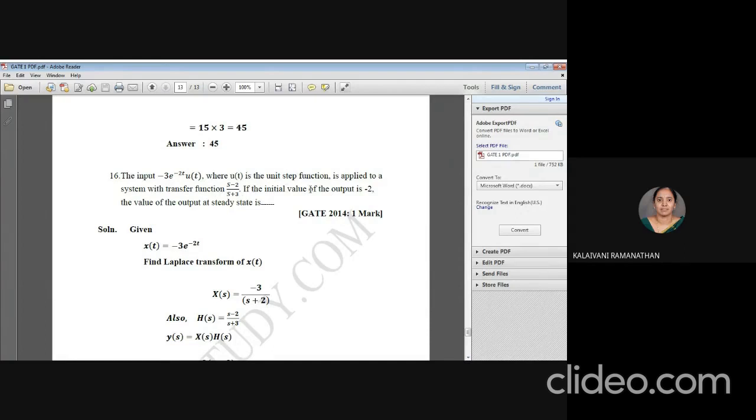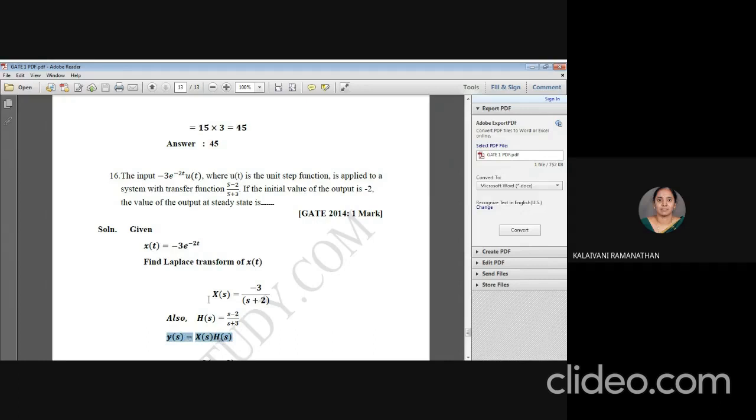If the initial value of the output is minus 2, the value of the output at steady state is, you have to find out this. So here also you are going to find out the output. So again you have to first relate this equation, that is output is equivalent to input convolution with impulse response,